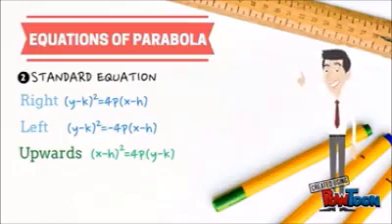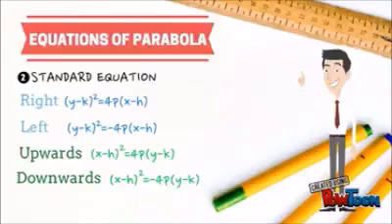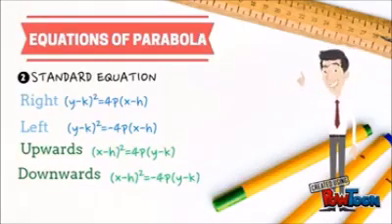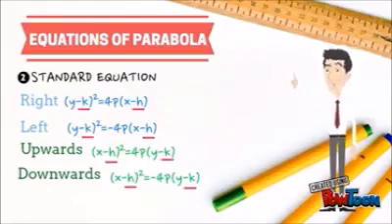If it opens downwards, it is (x minus h) squared is equal to negative 4p times (y minus k). As we can observe, the equation depends on where the parabola opens, if it's right, left,